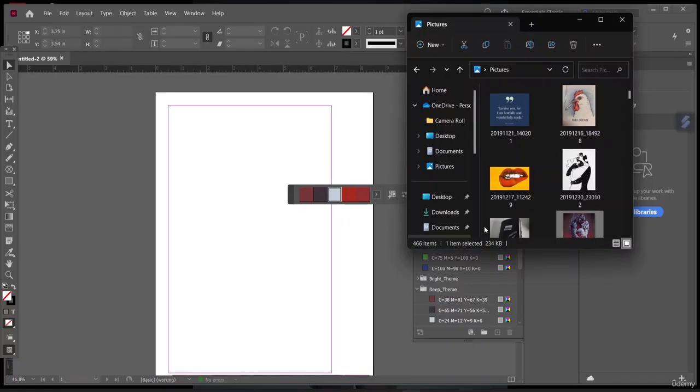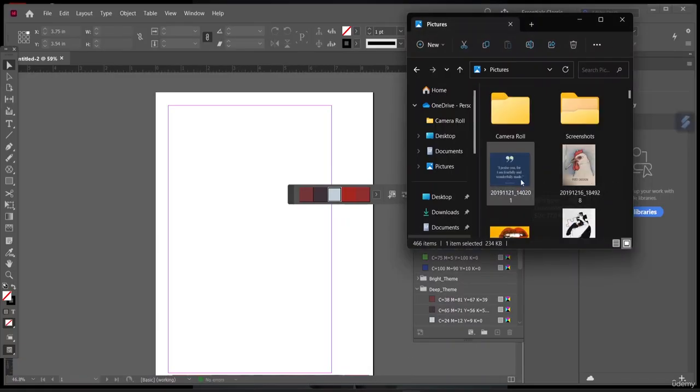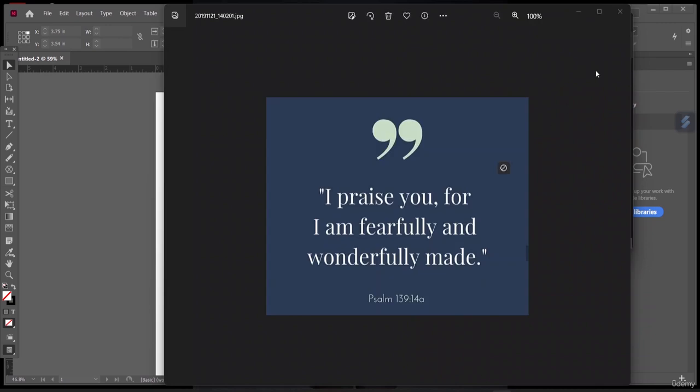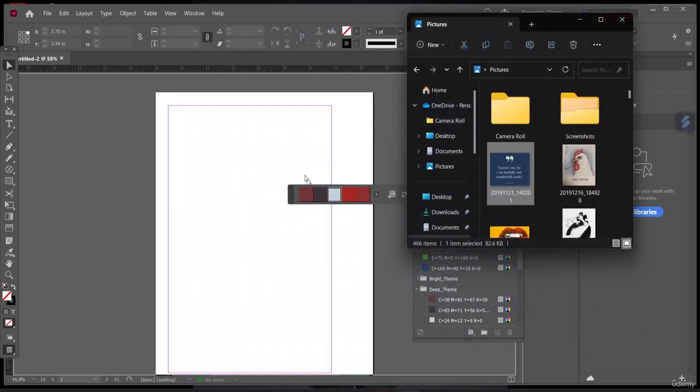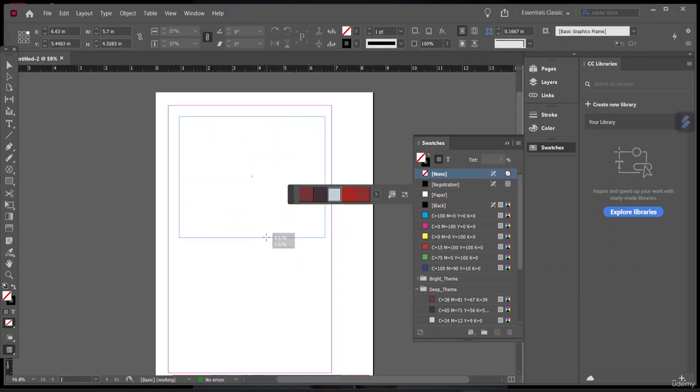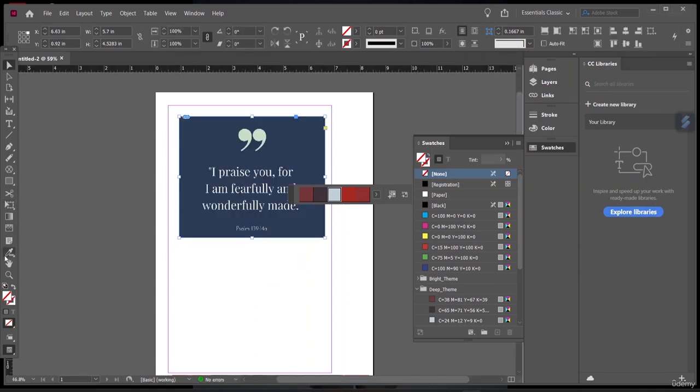So from here I'll take another image. Let me take this image, so I'll just drag and drop it here. I'll just create a box here, and now again I'll select this tool. I'll click here. You can see now I do have these colors here, and if I want to just add